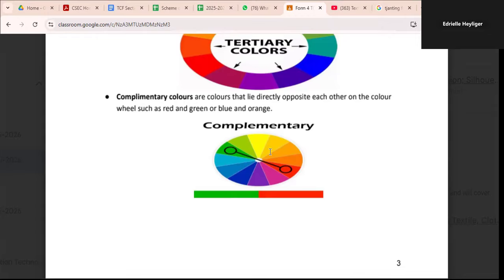Now, one of the color schemes. I call them color schemes because when you group colors that go well together, it allows you to have a color palette for different projects or different designs. And we call that a color scheme. Now, a color scheme can result from two colors that fall directly opposite each other on the color wheel,